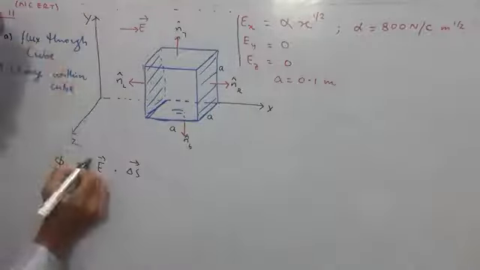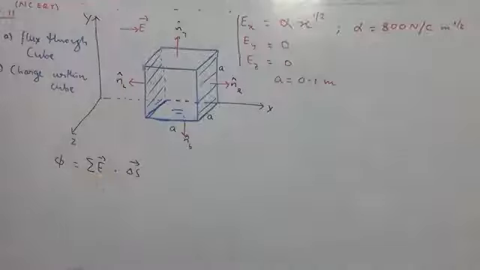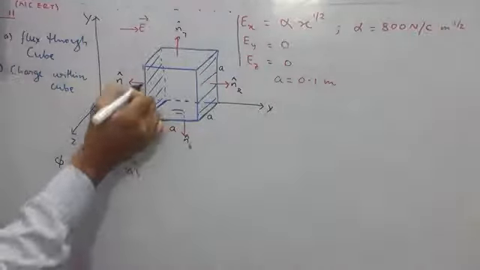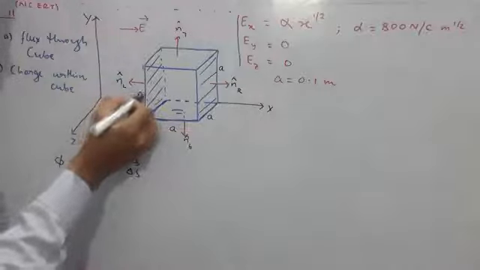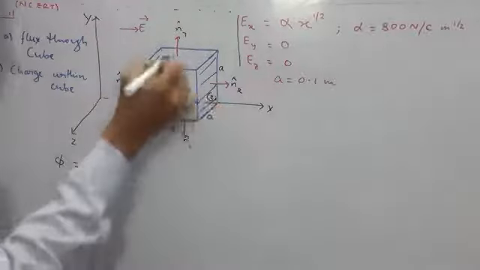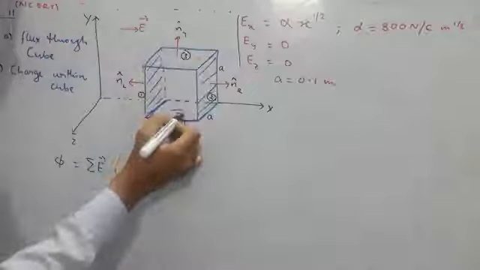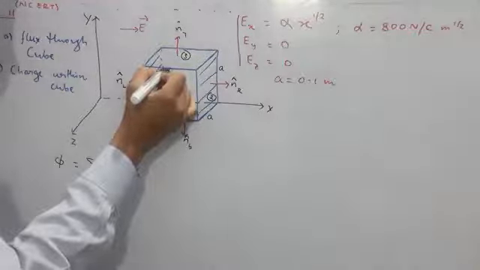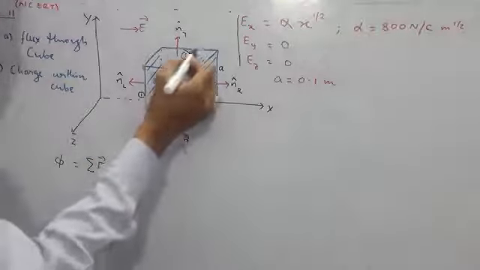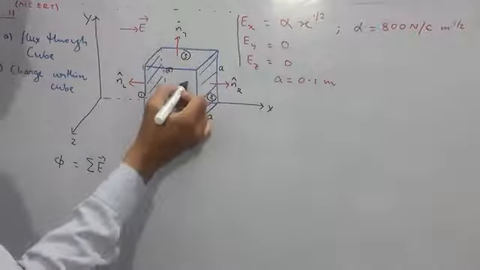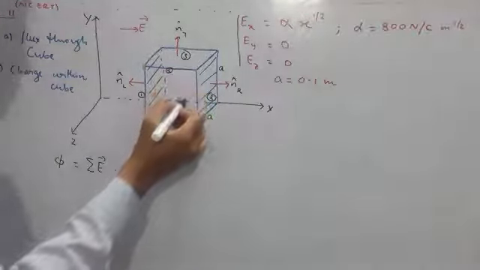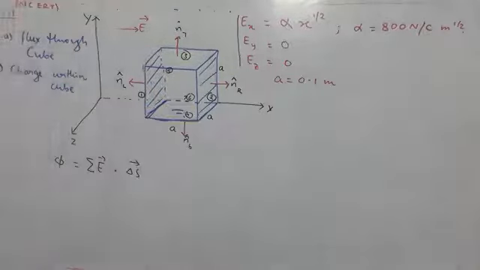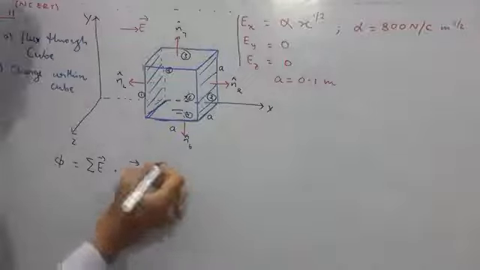So this is summation. Why summation? There are 6 surfaces. Now let me call these surfaces as surface 1, surface 2, the top one surface 3, bottom one surface 4, the front one as surface 5, and the back one as surface 6. So this one at the back, the one which will go behind, 6.